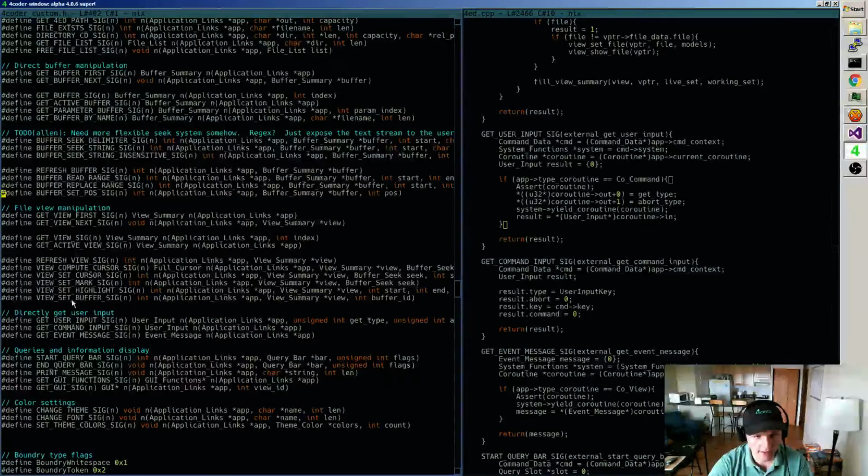There's also the idea of seeking through the buffer, which is going to go away, and instead I'm going to use a helper function that just uses a generic seek system. So we won't have seeking for a delimiter and seeking for a string and seeking for a string insensitive, because I'd have to make a million versions of this. As you can see, this to-do here says we need a more flexible version. Well, I've got a helper now that I think will be able to implement all of these features plus any other seeking that we need. So we're going to go with that instead. So those all have to go.